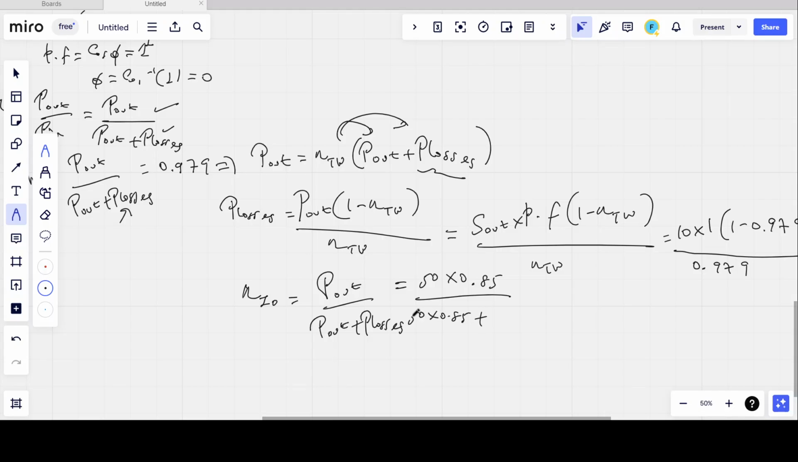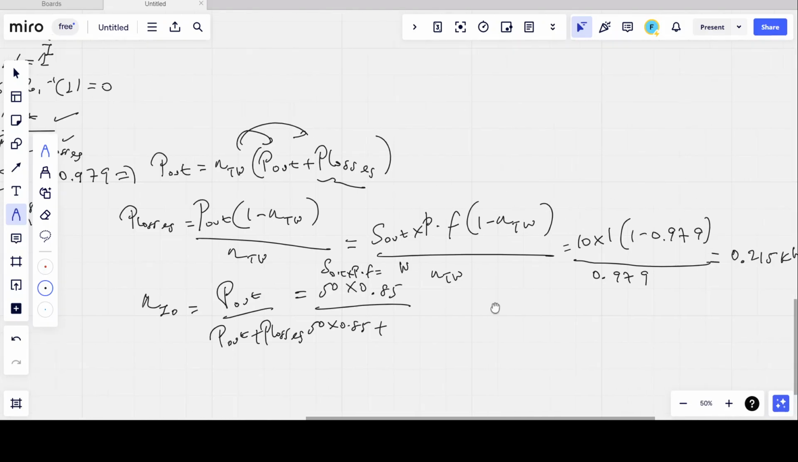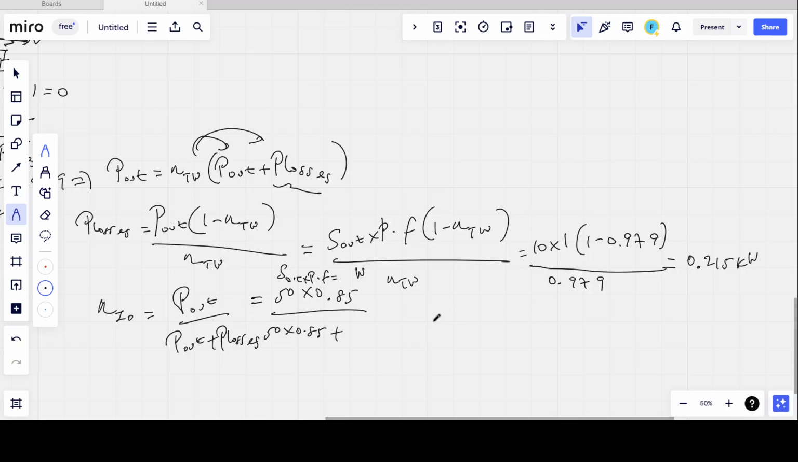plus, maybe the question is, why am I multiplying by 0.85? Remember, this 50 is S. So I have S output multiplied by the power factor, and this is what gives me a quantity in watts, because watts is the real component of your apparent power. So that's why I say 50 times the power factor plus the losses. The losses are still the same. It is the same transformer, only that it is now connected as an autotransformer, so the power losses is still the same, and the value is